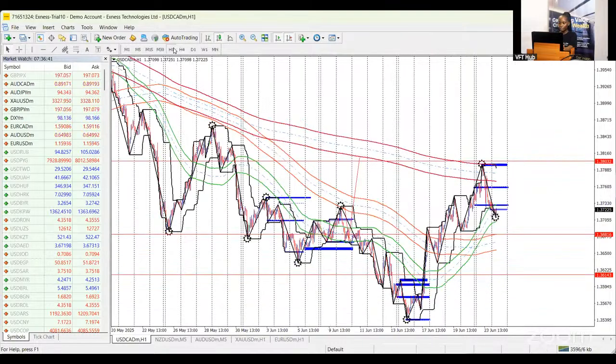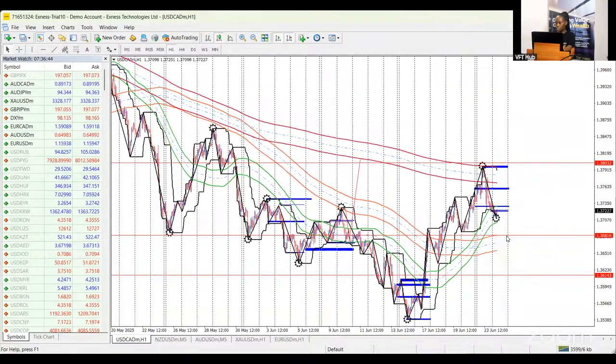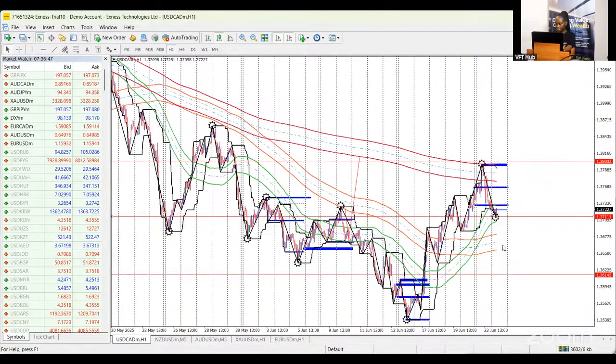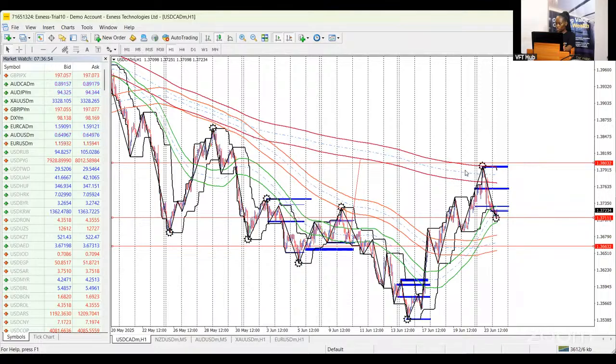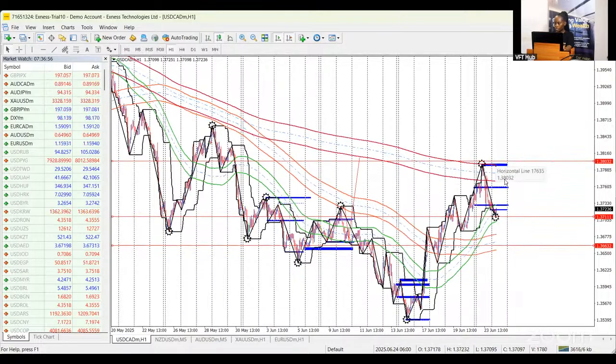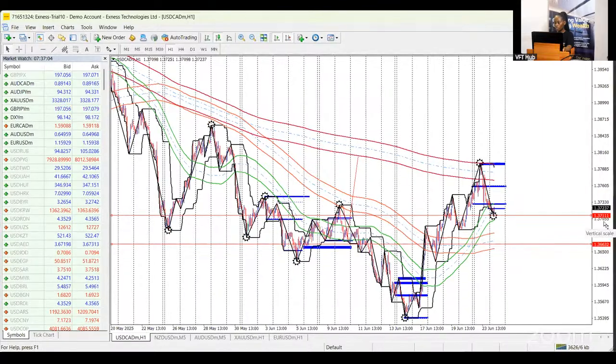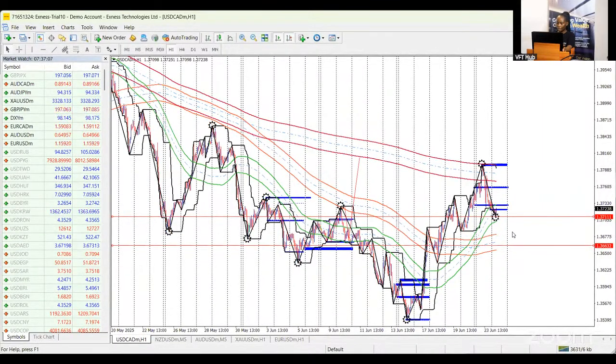On the H1 time frame now, I'm still going to go ahead and mark out zones that could serve as support on this particular asset class. So we have two major zones. Go ahead and delete the third because we don't really need it right now. Price has now traded into our first point of interest, which is 1.37111, and we're seeing reactions from that level. The second point of interest on H1 is 1.36632. So now that price is beginning to react off the zone, is that going to be a buy on USD CAD? Let's go to M5.